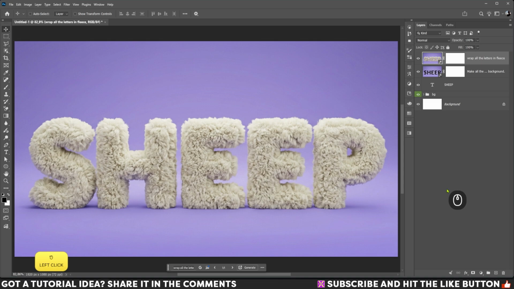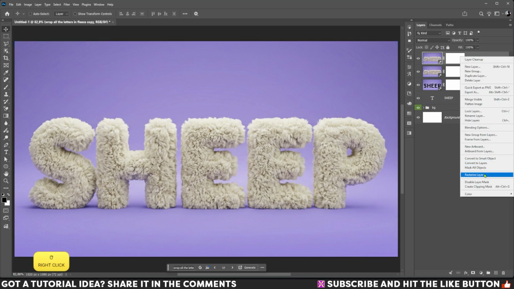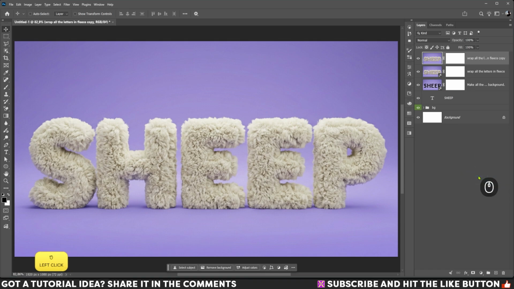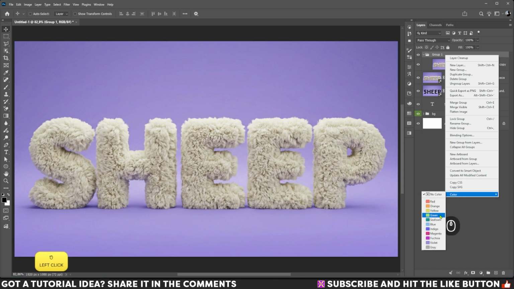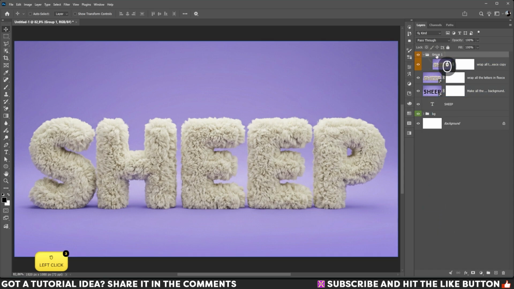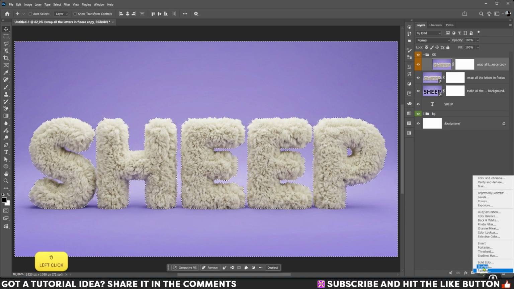After that, I copy this layer, and then I rasterize the layer. First I group. I mark the group with orange, and I name it OK. And in this layer I select the subject. I inverse, and then I reduce the